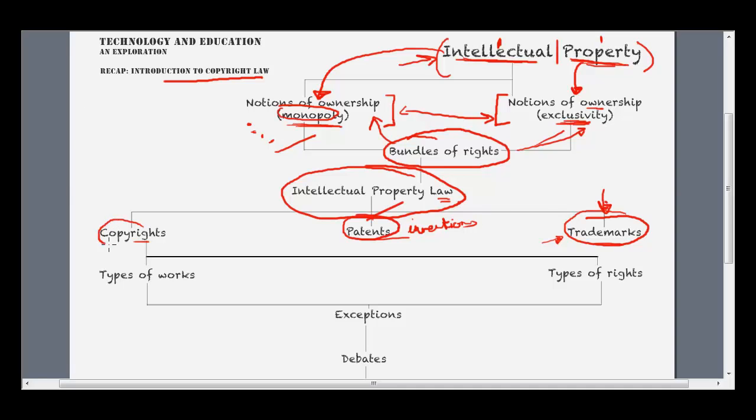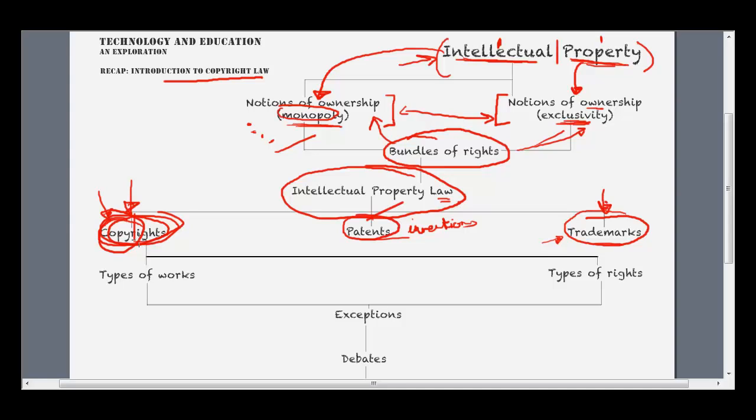Finally, copyrights, which are different from both patents as well as trademarks. A very literal understanding of what a copyright would be, again, to just break this term up: if you have some sort of creative idea, some sort of literary, musical, artistic idea or creation, you have the exclusive right to make copies of it. Essentially, therefore, nobody else can enjoy that creative work or that idea or creation until such time as you have